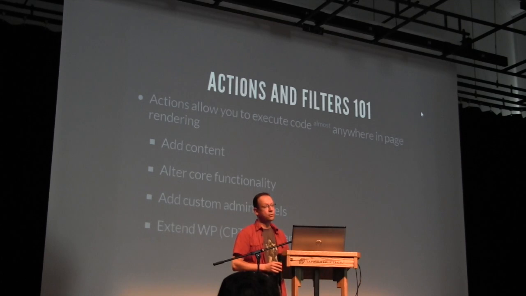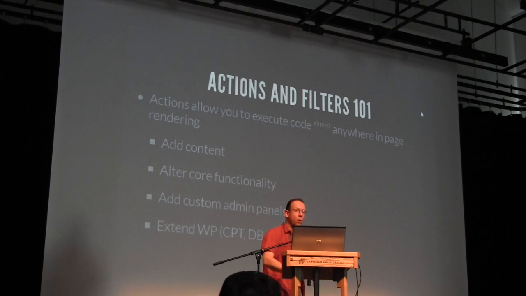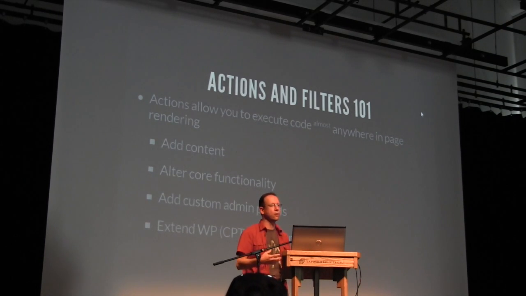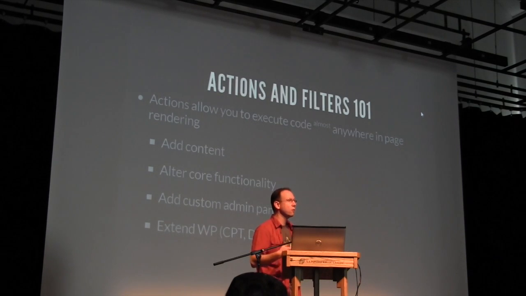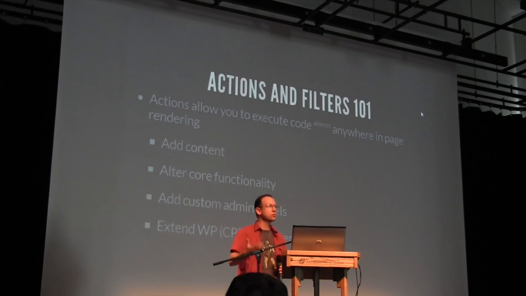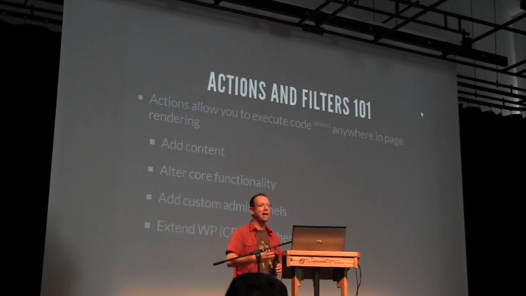but usually if you have an idea, there's always going to be good ways to do it. And so your two main tools to be able to implement those ideas will be actions and filters. I won't go into all the details about what these are, but these are your entry points inside of the code to be able to do a variety of things inside of WordPress. So actions will be your way to be able to register code that will be executed at key points during the WordPress execution to do a variety of things.